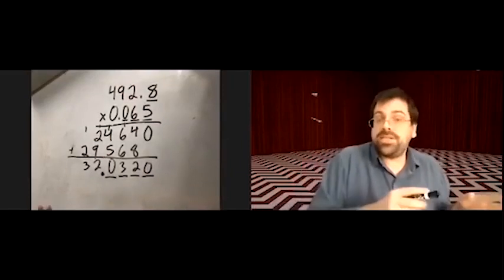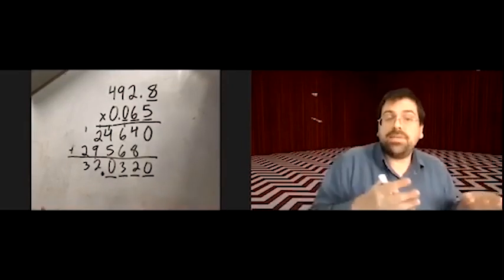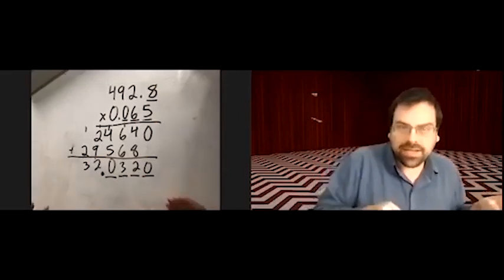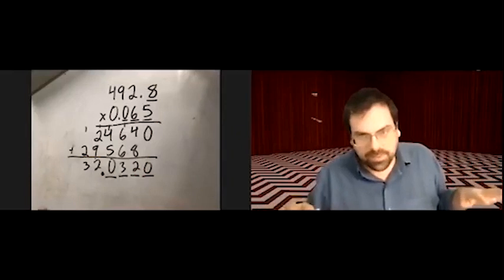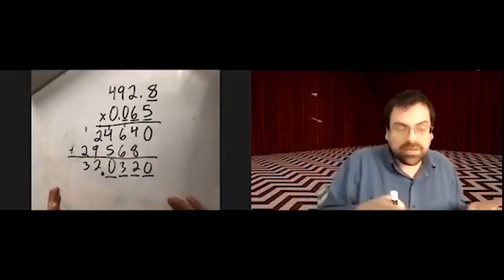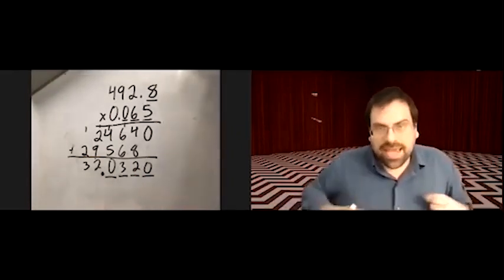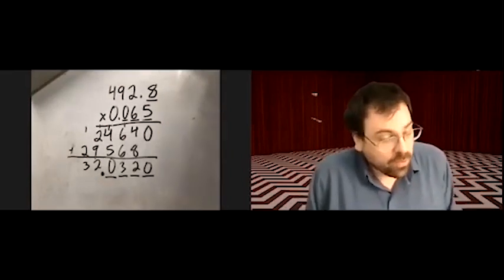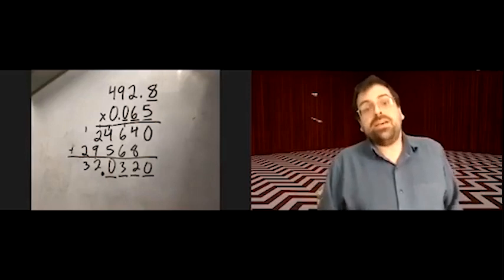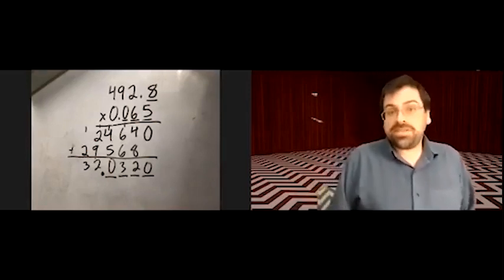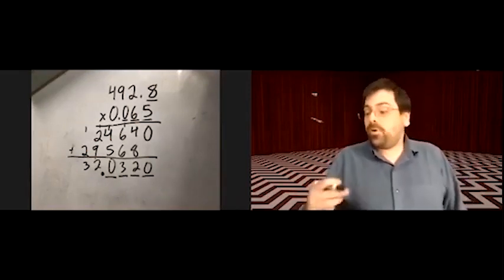So addition and subtraction: line up the decimal points, add or subtract like normal. Multiplication, do not line up the decimal points. Multiply like normal, and then do that counting at the end to figure out where the decimal point goes. Division, that's going to have its own set of rules. But before we get there,